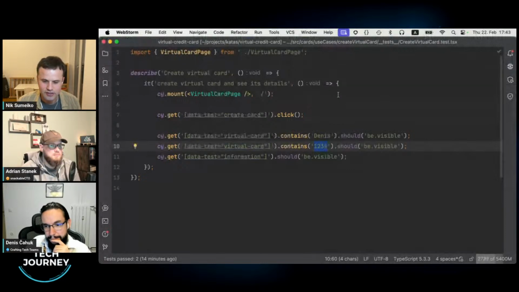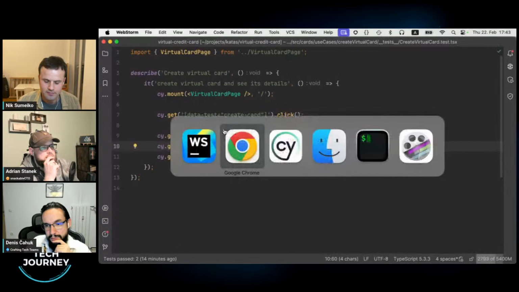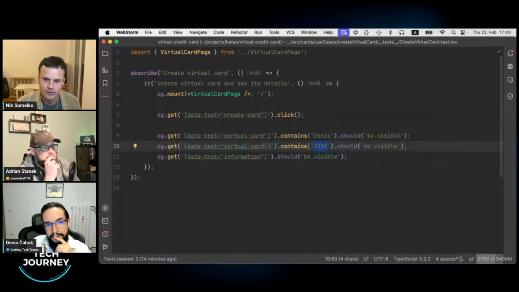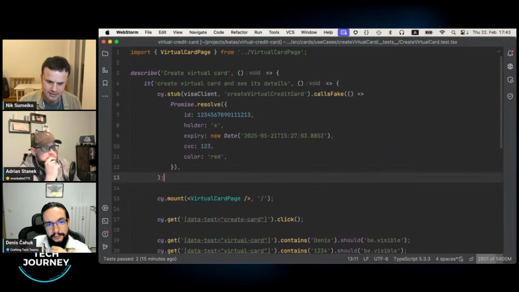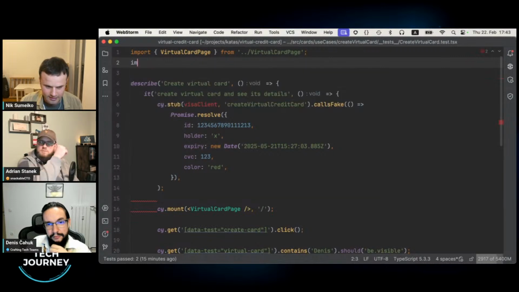A typical solution that is very popular within React development is to do something like this, where the Visa client will be stubbed.